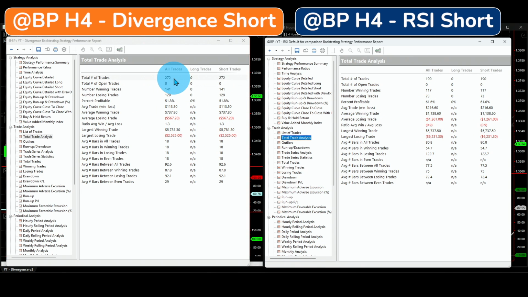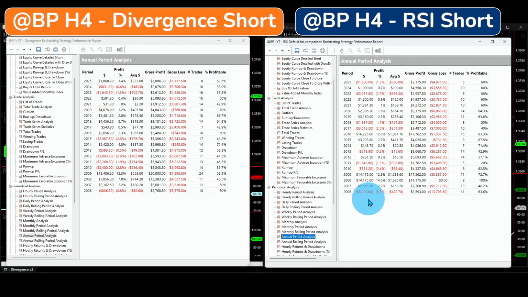Here are the trades, 272. This is 190. The average trade here is 216. Here is 113. There are 8 losing years here since 2006. And also there are 8 losing years here since 2006. They don't happen at the same time, all of them. So let's say half overlap, half not. The point